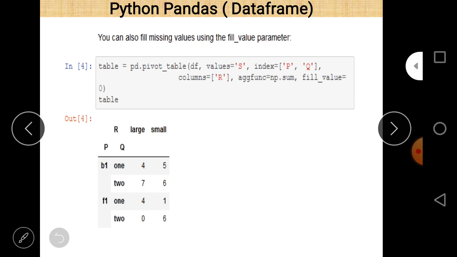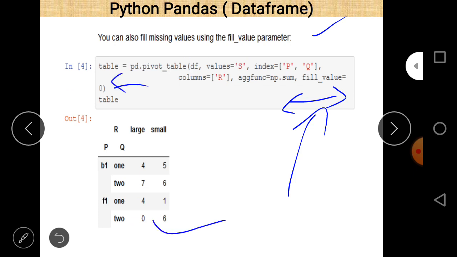Now, there is another parameter, fill value. If any NaN value appears, you can replace it with another value, and for this you use a parameter named fill_value. Here the example is the same as the previous one, but with one extra argument declared, fill_value, which is assigned a value of 0.